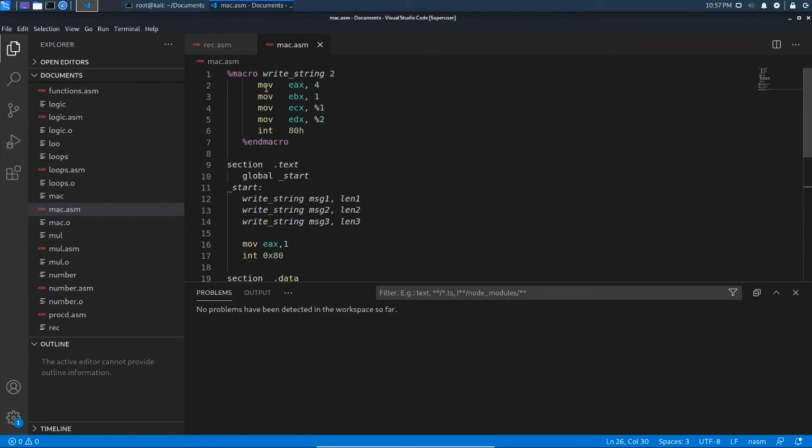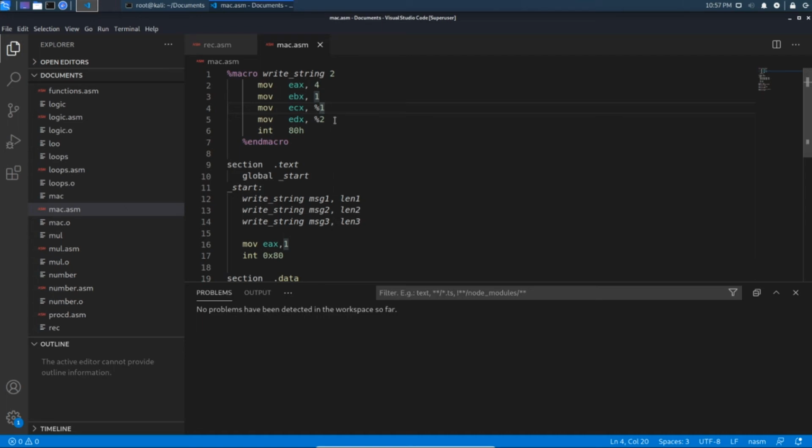See here, we are using this whole thing every time. All members know what these 5 instructions do. These 5 instructions are used for printing the output to the monitor screen. Here number 4 and number 1. Number 1 is for invoking the system exit call and number 4 for the system write call. EAX is for this, the stdout file descriptor, and another one is to invoke the system write call. And here we need to pass the memory address, the variable name. Here we need to pass the number of bytes.